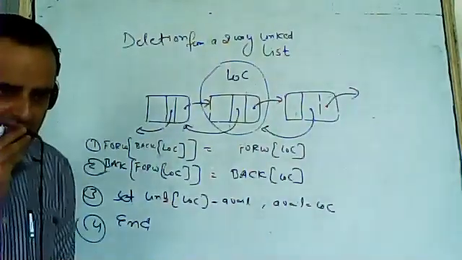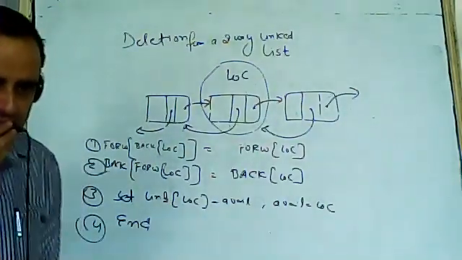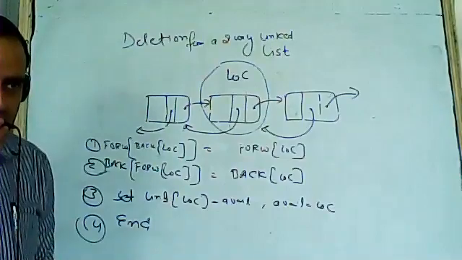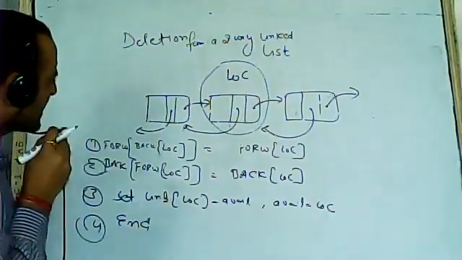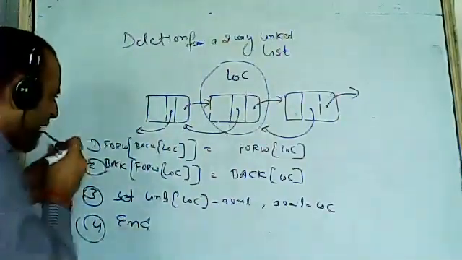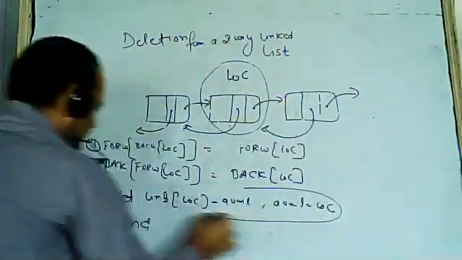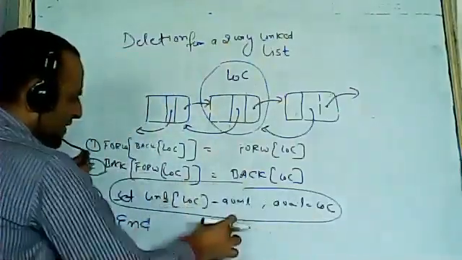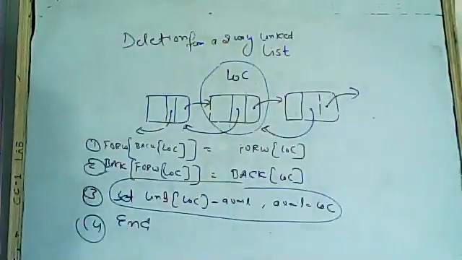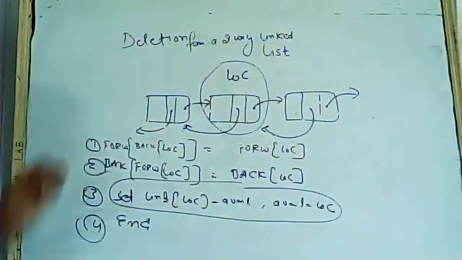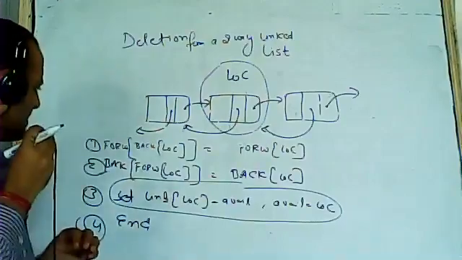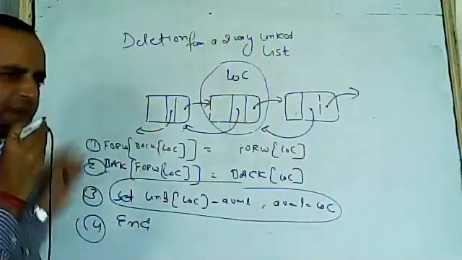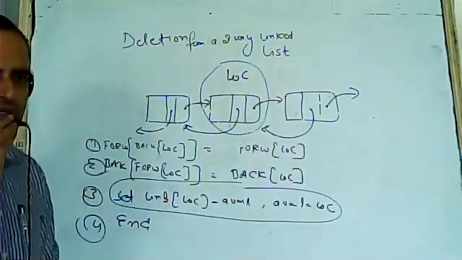Sir, when we insert, we first make the right connection, and when we delete, we make the left connection first. No, there is no such trick in this. You just have to keep this thing in mind that first you need to link lock of avail, then avail is equal to lock. We can set the backward pointer first, forward pointer later. That is not an issue.